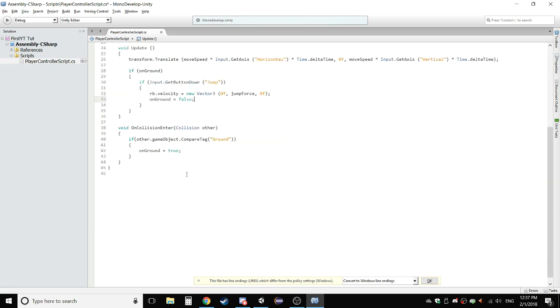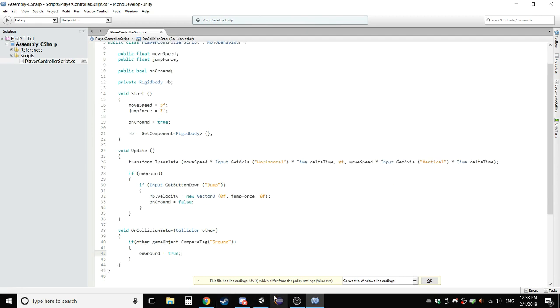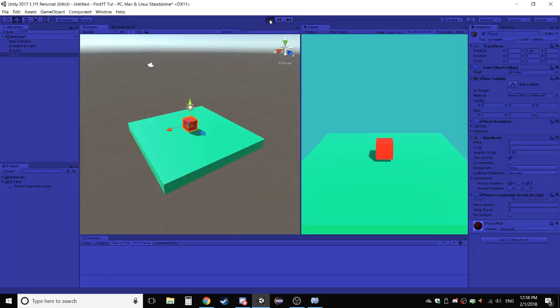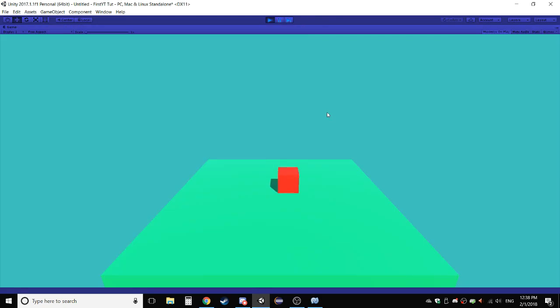And the way we check if we're on the ground is say void OnCollisionEnter Collision other. If other.gameObject.CompareTag ground, if that statement is true, set onGround equal to true. And all of this code will give you a very nice and very satisfying result of a cube just being